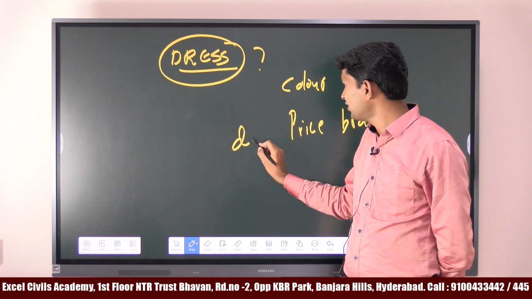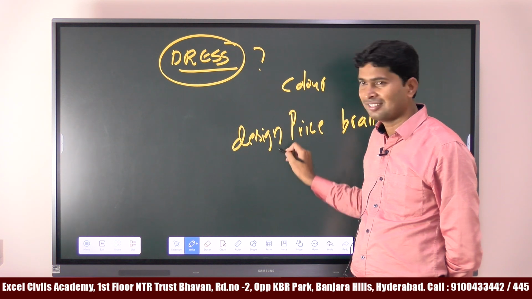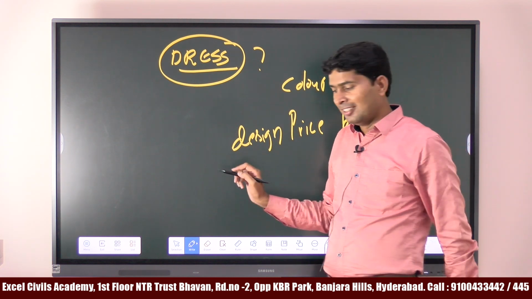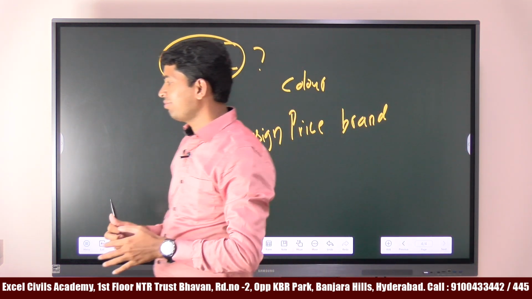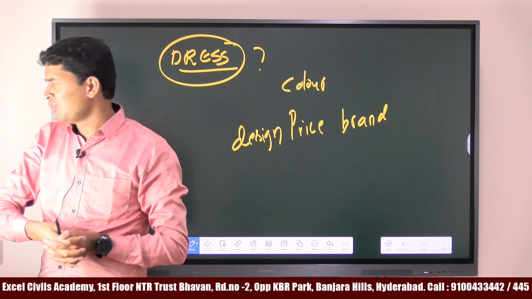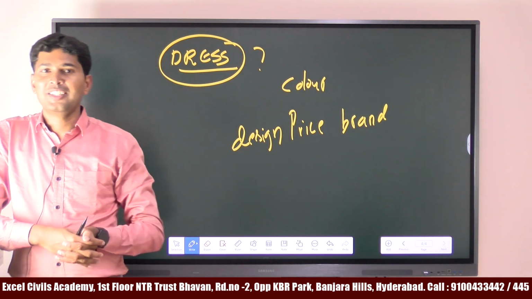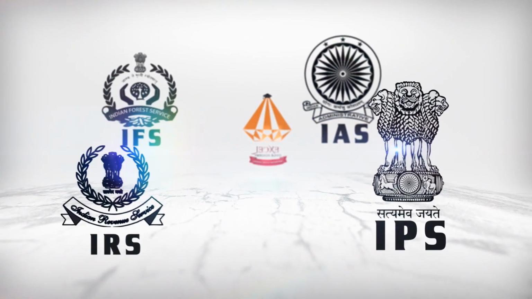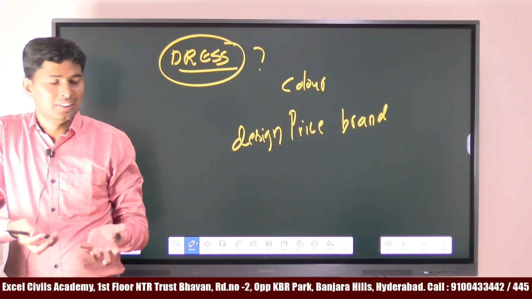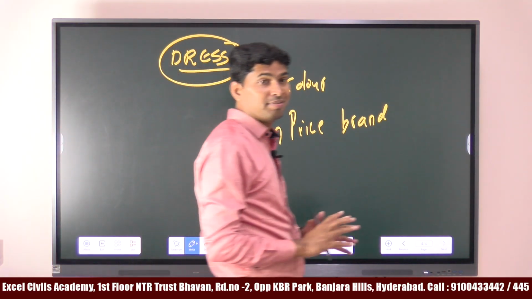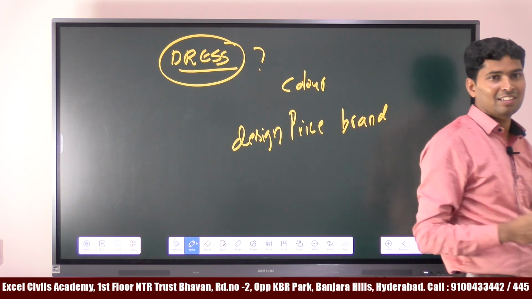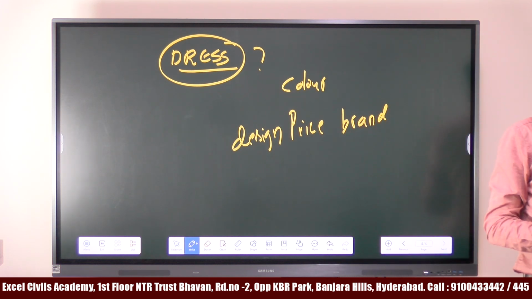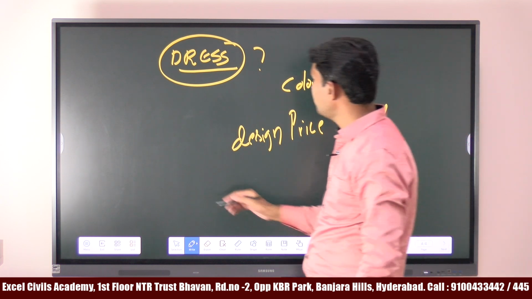Design also, yes. What about offers? Offers also. Suppose the dress is very nice, the cost is 10,000 rupees, and the budget is only 1,000 rupees. What will you do? Save for later, or we don't want it. Suppose the dress is just 10 rupees, but it does not fit our size. Will you buy? No. So what is the primary criterion that you use whenever you make any choice